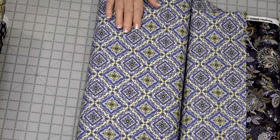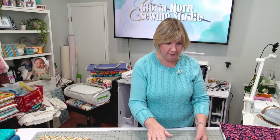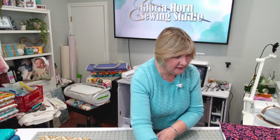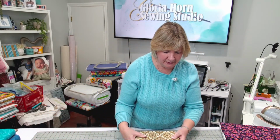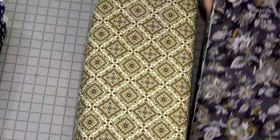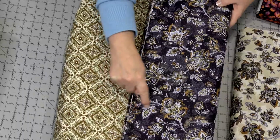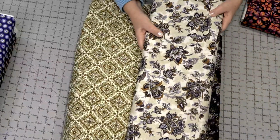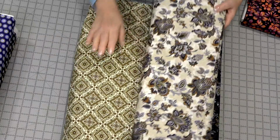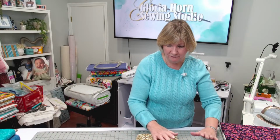So I'll leave this one. There's just one other blue fabric that goes with this one, but I'm going to leave it out so you can see. And then, okay, look at this one, same print, but in shades of brown. Now look at how good that goes with this black, with that brown in it. So this one goes really good. And look at how good this one looks with it. This one by itself, I wouldn't go crazy over, but if you were able to get one of the others,